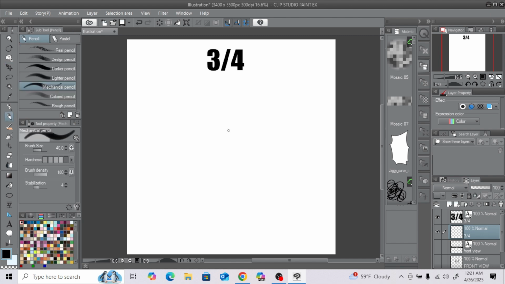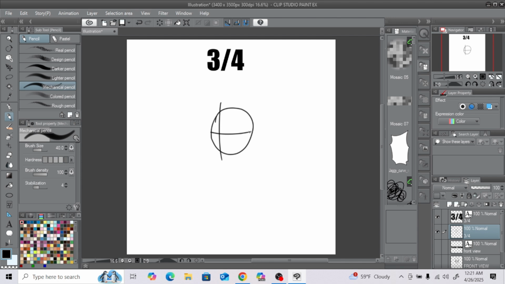So you start the same way, you just draw a circle. But this time, depending on which way your character is facing, you're either going to draw the line that divides the circle over to the left or over to the right. So I think for this example, I'll do it both ways. So I'll start off this way. I'll divide the circle like my character is going this way. I'll cut it in half again,